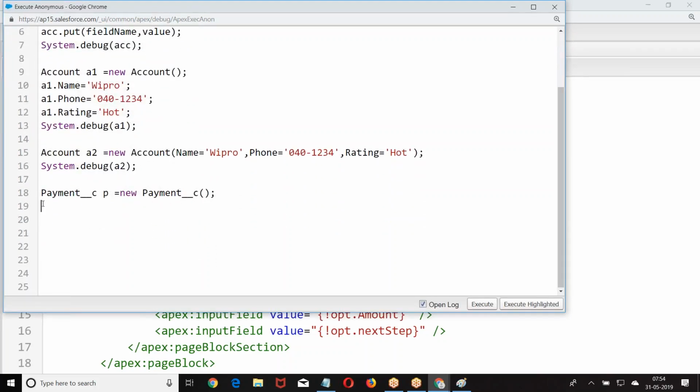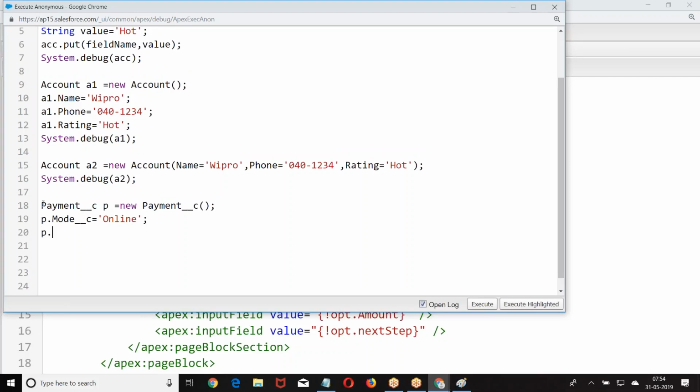I told you for every S object, there can be a standard object or it can be a custom object. Payment P, P dot mode. P dot. I hope you're good with this.